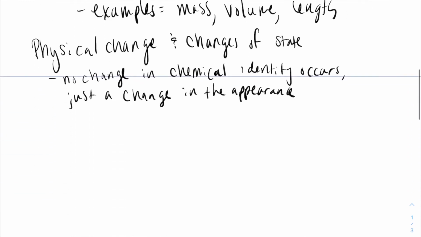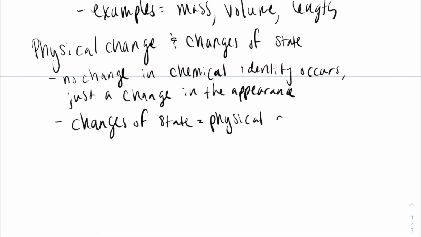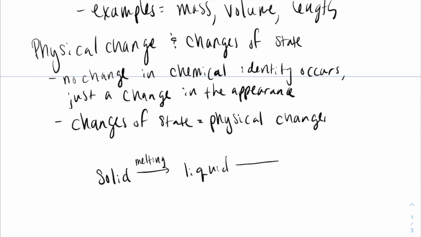Okay. So one that is often mistaken for a chemical change is a change in state. That is a physical change because we're not changing our substance. So our changes of state are going to be physical changes. So this is going to include going from a solid to a liquid, which is called melting, or going from a liquid to a gas, which is evaporation,